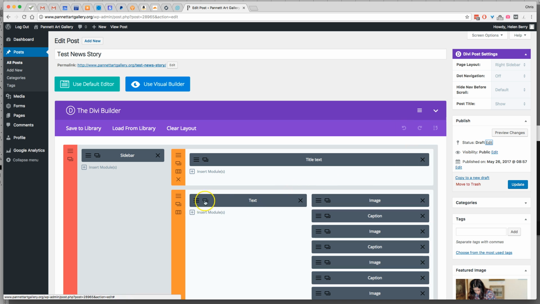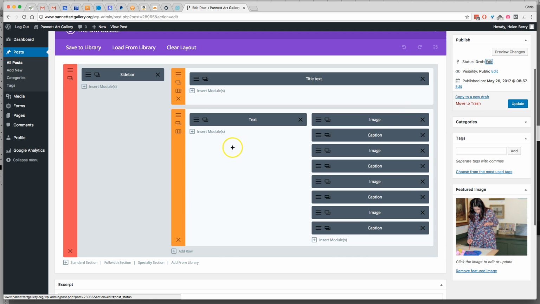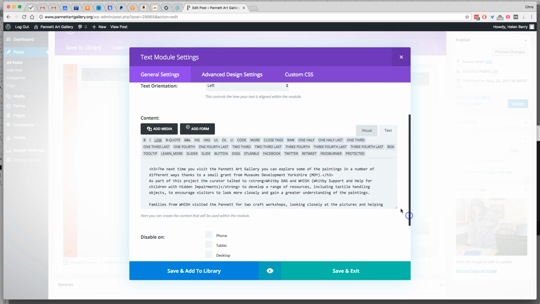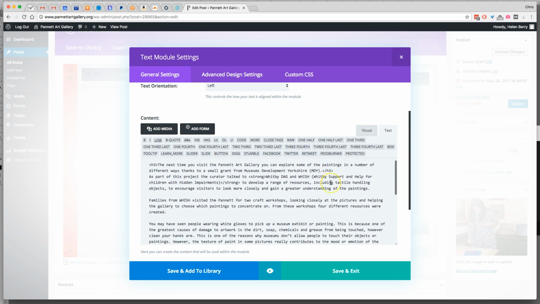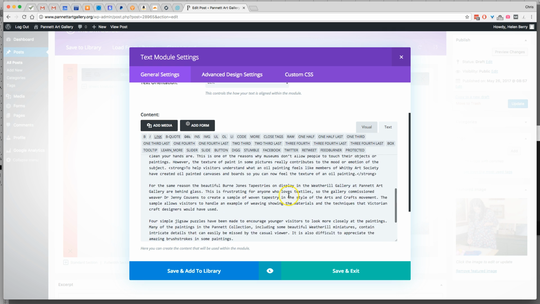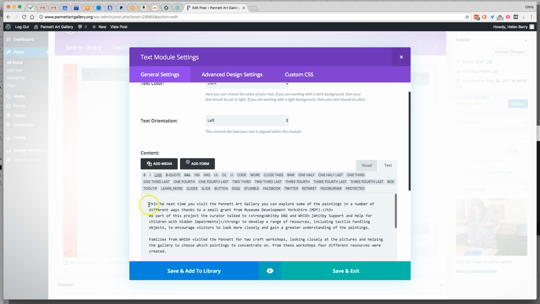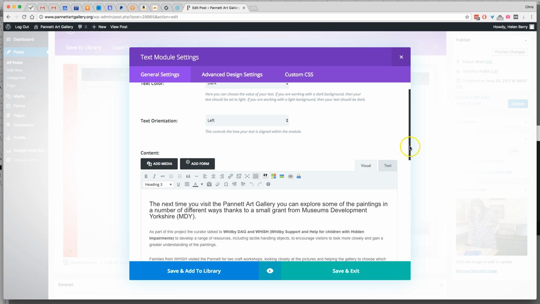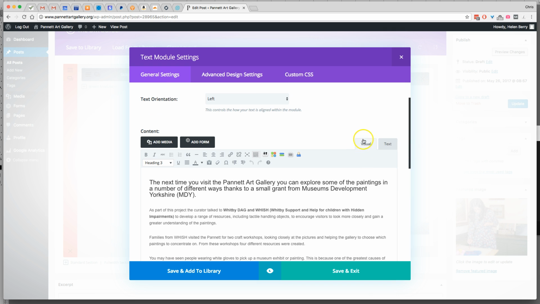So the next thing you might want to do is change the text of the news story. So we click on that link there, and you'll see there's two tabs here. One says text and the other says visual. The text bit shows you the code, the HTML behind, well, very simple HTML. It shows headings, tags, and so on. The best way to view your text is to click on the visual tab, and then you've got all these